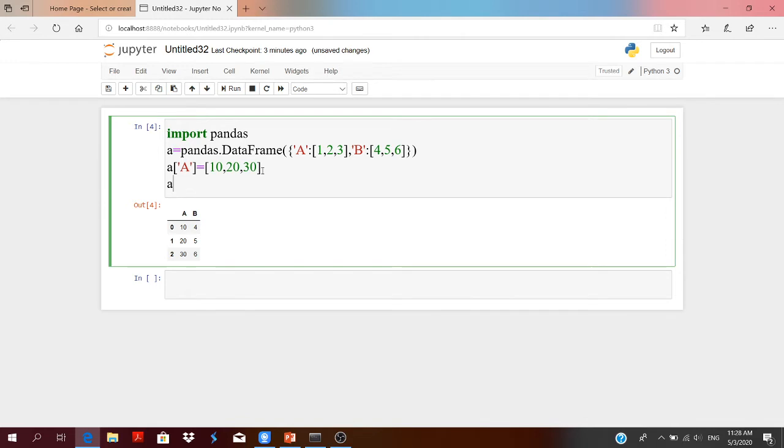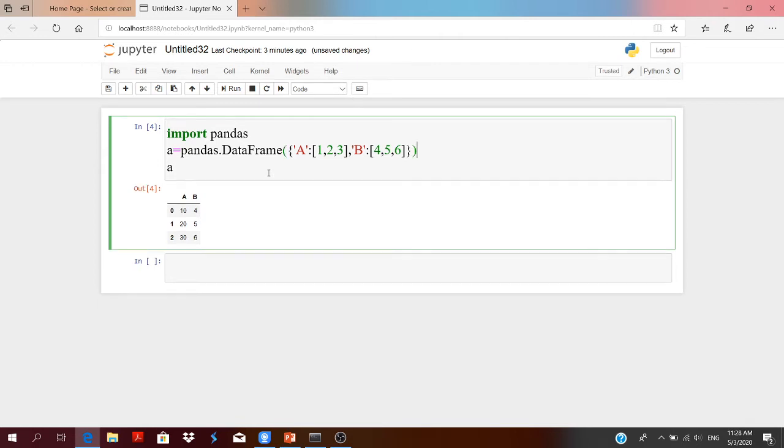Similarly, you can also rename your column names. You can change the names of your columns by using the function rename. A is equal to A dot rename, pass the columns parameter and give the name of the updated column.